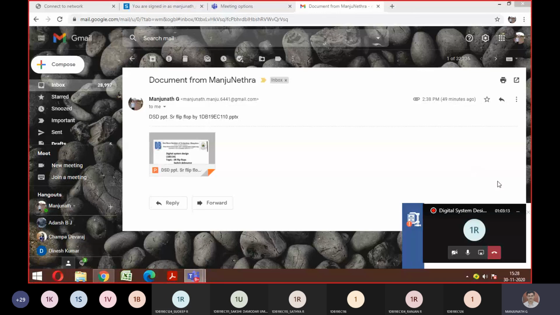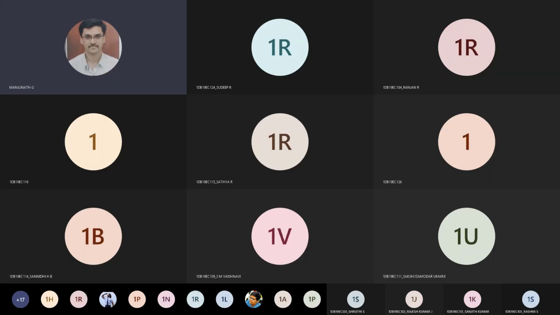Others, get prepared for the presentation also, what I told you earlier. Along with that, I want you to get prepared for this SISO concept also, all the shift registers. Fine?